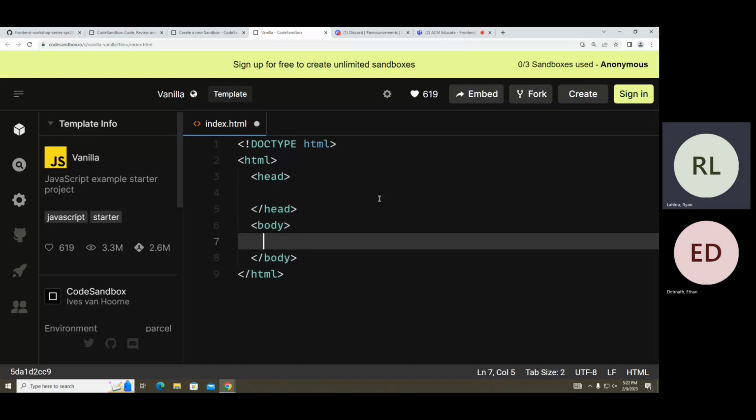Any questions so far? It's kind of complicated. Does indentation matter? No,